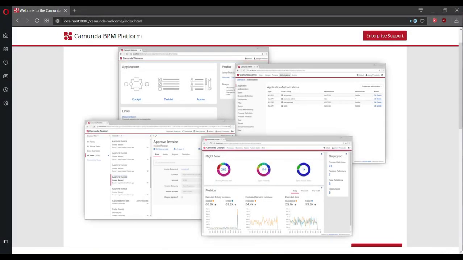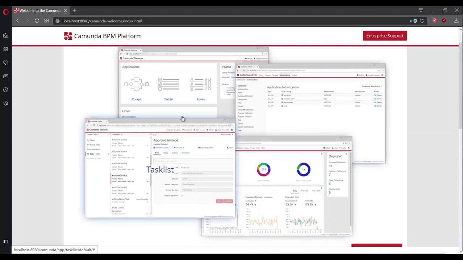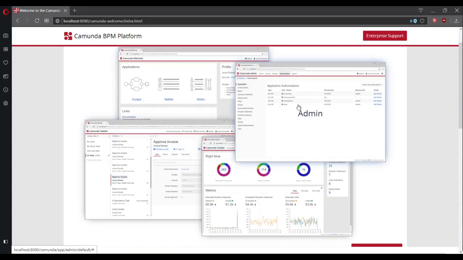Now, obviously, for this to work, we actually need to be running Camunda. So if you don't already have Camunda running, or you're a bit confused about how that works, the introduction video will be the best way to start, and then maybe you can come back once you have Camunda up and running. But once you do start it up, you should be brought to this page right here, which shows the various front ends. We have cockpit, task list, a welcome page, and admin.